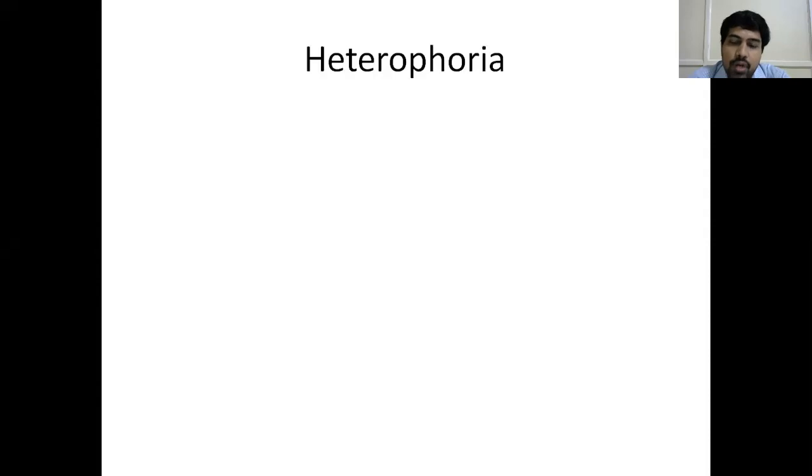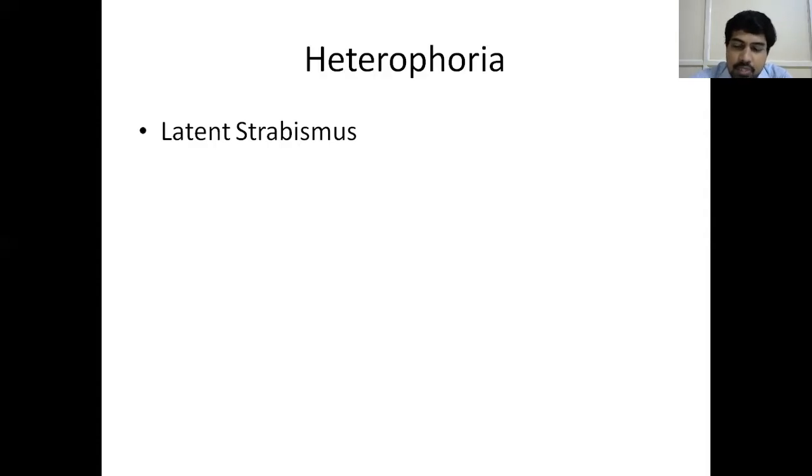So in heterophoria, what happens is, suppose the lateral rectus muscle of this eye is slightly weak and the other eye is completely functional. When you want to look at an object, because of extra action of the medial rectus muscle and convergence and fusion phenomena of the brain, both eyes will look straight. But when you occlude one eye, then you can notice that there is a deviation in the other eye.